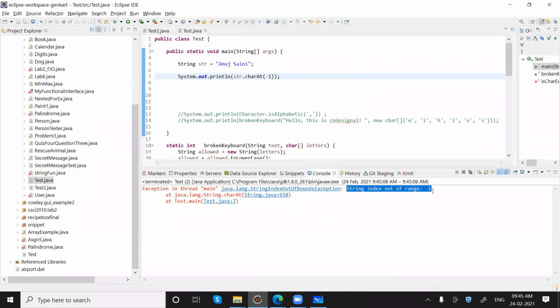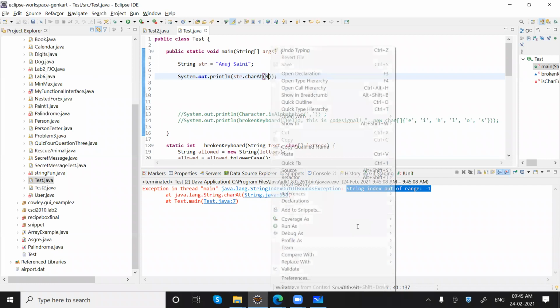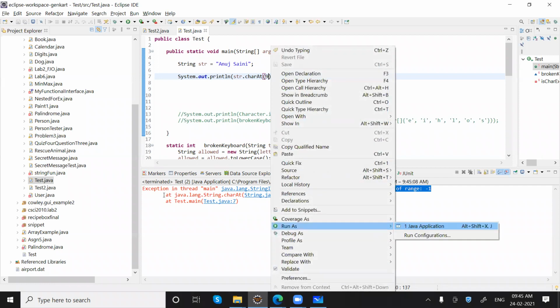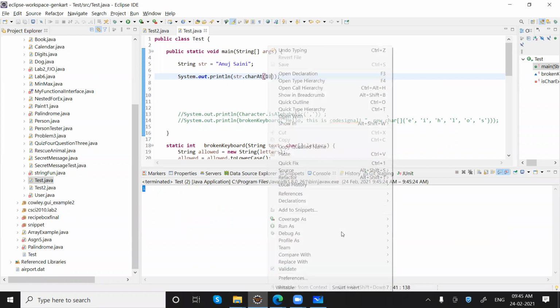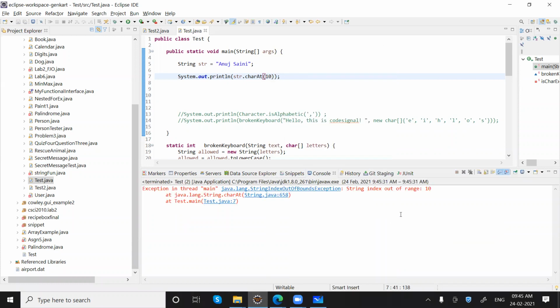String index out of range -1, and the exception we are getting is string index out of bounds exception. Similarly, if I say 9, that is perfectly fine, we will get i. And if I say 10, we will get the error, string index out of bounds exception, because this particular index is not available in the given string. All right, make sense? Any doubt?